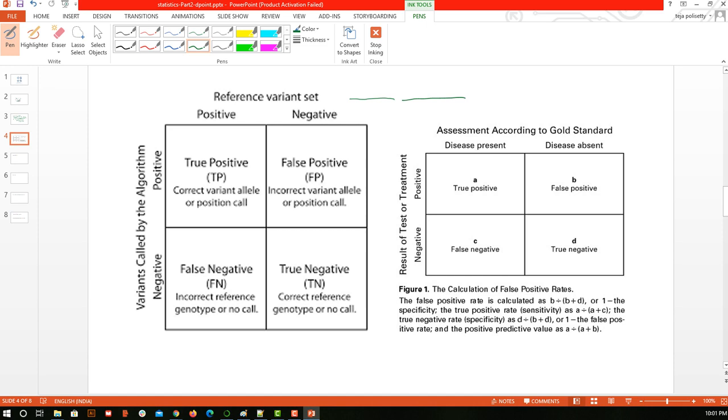Okay, so let's say we have two columns, positive and negative, and two rows, positive and negative. If you look inside it, there is something called true positive, false positive, and so on. For a minute, just forget all the concepts, and just try to see how we are getting that. In this first blank, we say whether it is true or false. Next is the positive or negative, where we say whether it is positive or negative. So what is true and what is false? We'll see what positive and negative are in a moment after filling these two blanks, but for now just keep in mind that we are trying to fill these two blanks.